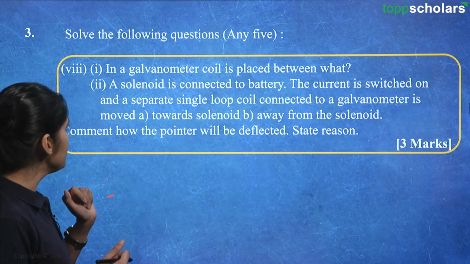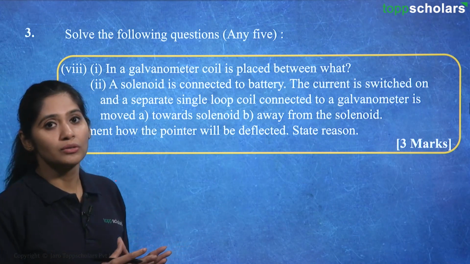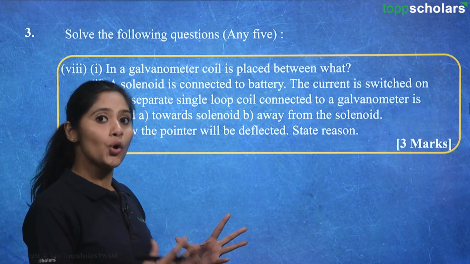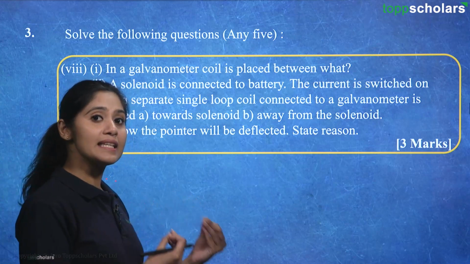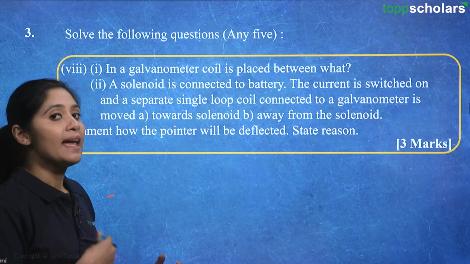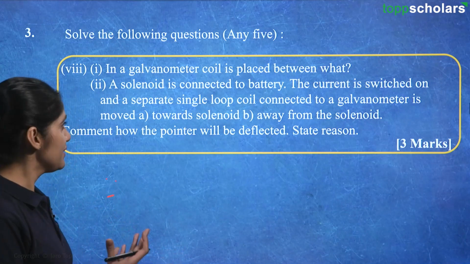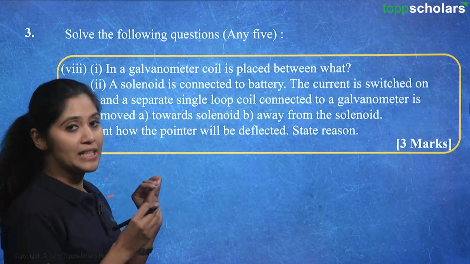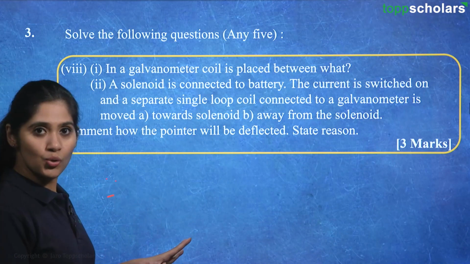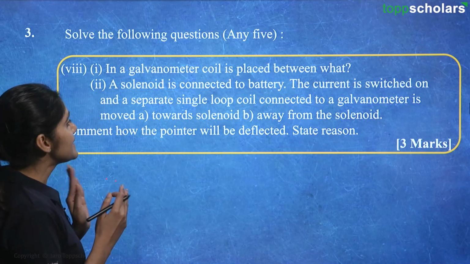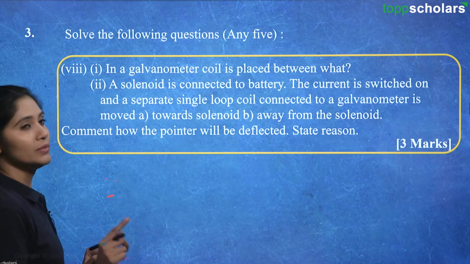And in the second part, a solenoid. We have also learned about the solenoid, which is a helical coil, and when it is attached to a battery or electric source, it also produces a magnetic field. The current is switched on when the solenoid is connected to the battery. So there is a source of electric current, the current is switched on, and a separate single loop coil,